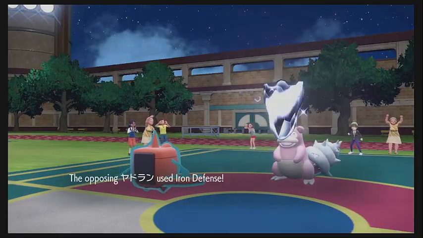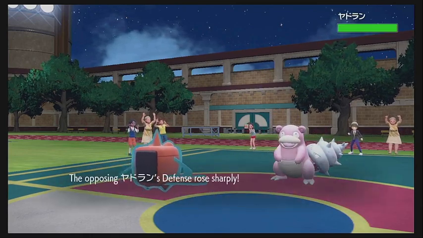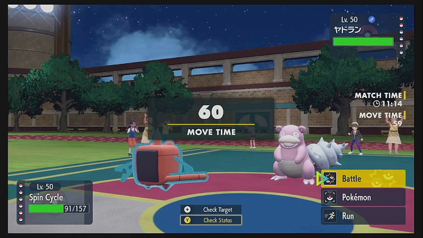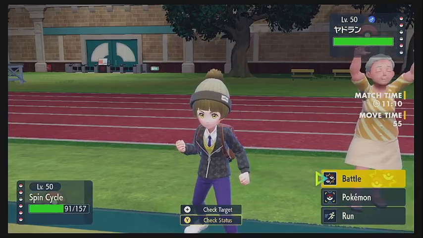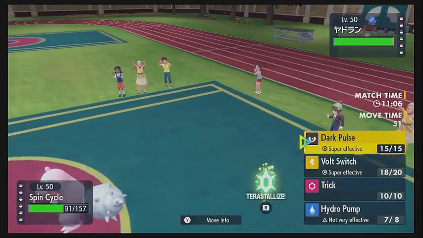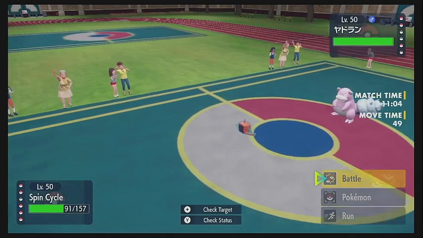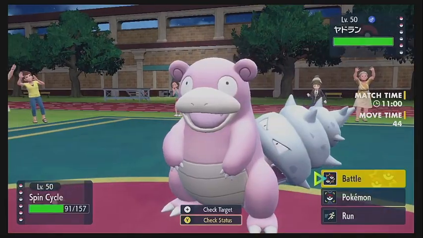And he is going to go for an Iron Defense, which is definitely scary. That's going to boost this thing's physical defense to +2, which is obviously awful if we were in with a physical attacker. But fortunately, Rotom is a special attacker. So we're just going to go ahead and... how do we want to play this here? I think our best course of action is...